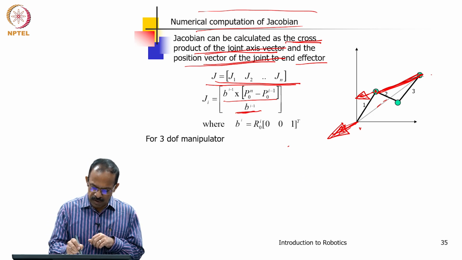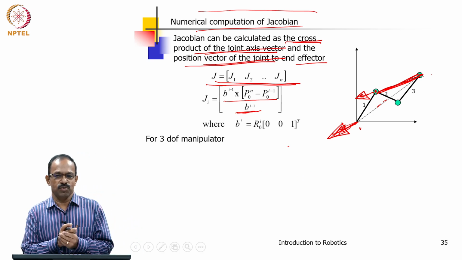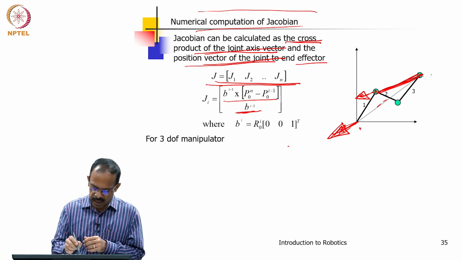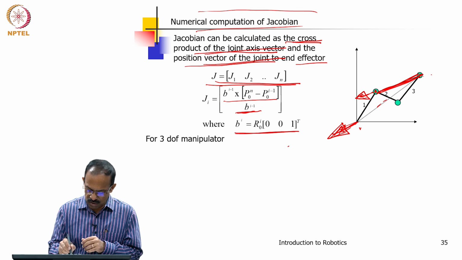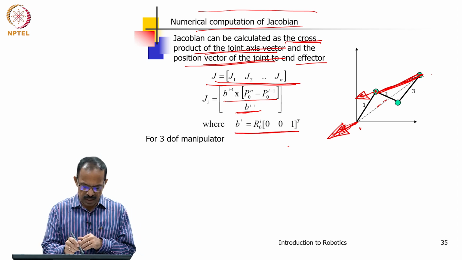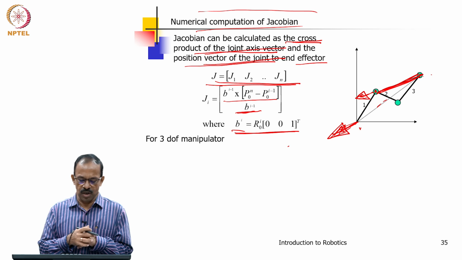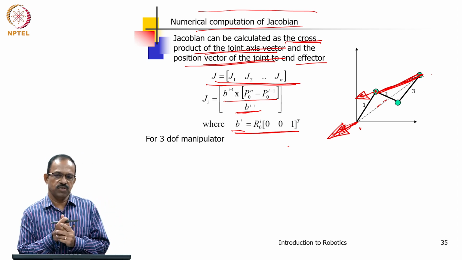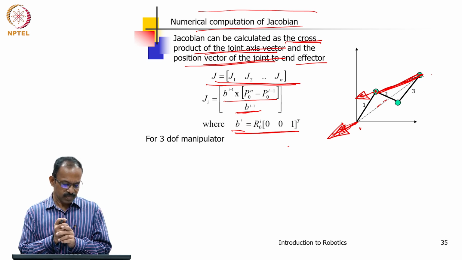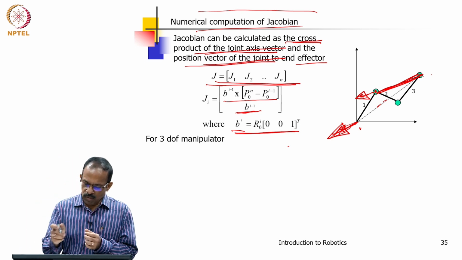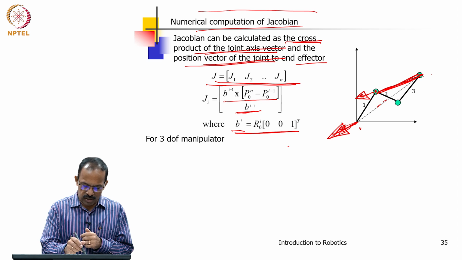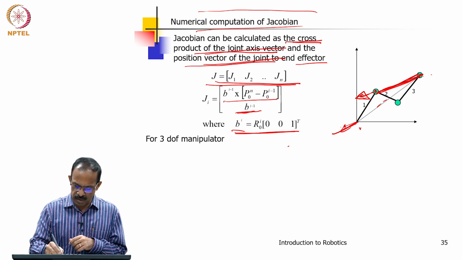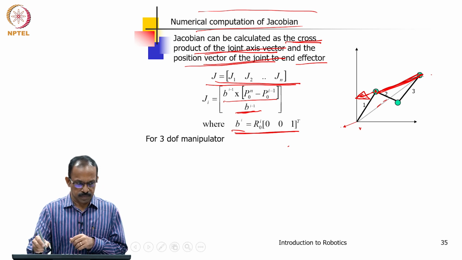And then the angular velocity part we already saw. So, b k we said. So, we will be able to get this as b I minus 1. So, b I minus 1 is 0 to I 0 0 1 transpose. This is the same thing we discussed in the previous case also, that is the joint axis vector. So, b I minus 1 is the joint axis vector. Okay, so, what we need to do is to take the cross product of b I minus 1 with respect to the position vector.